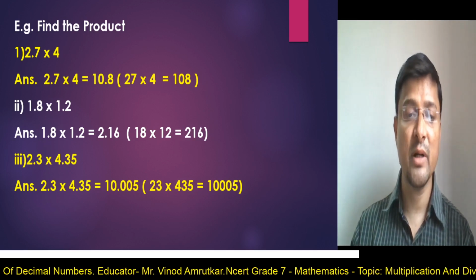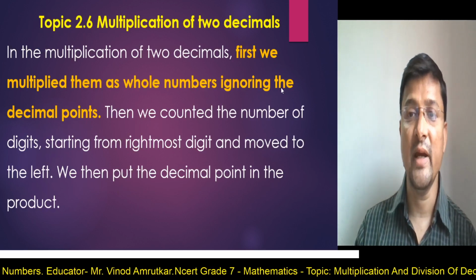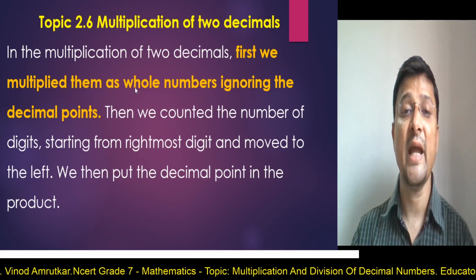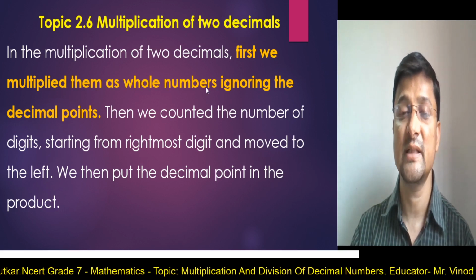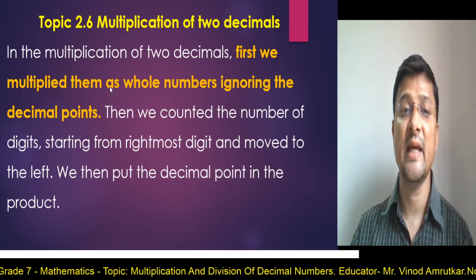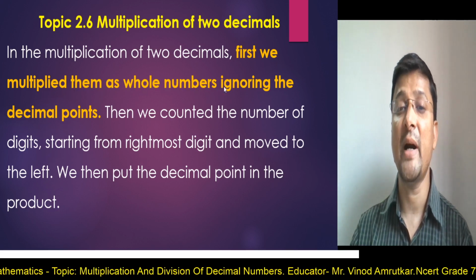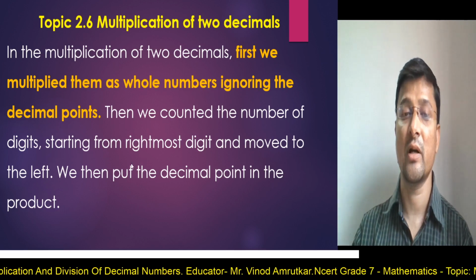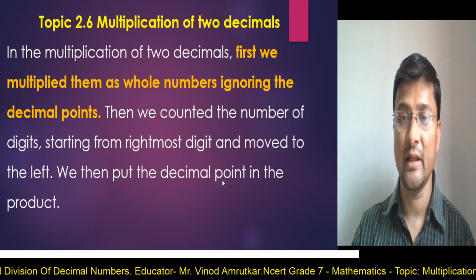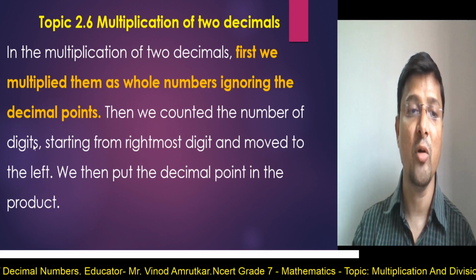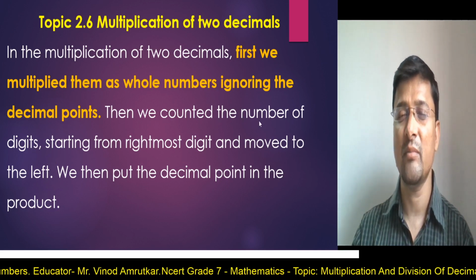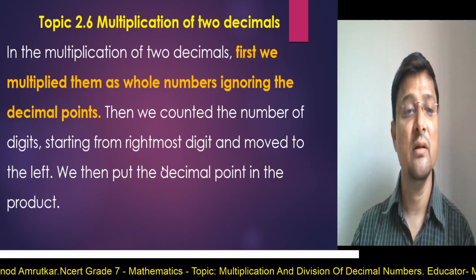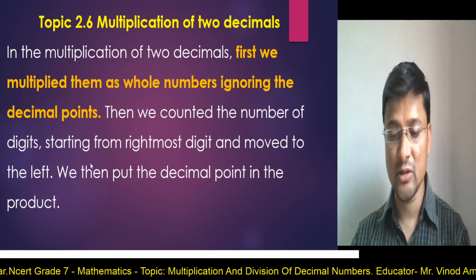Okay, so remember one rule. The rule is that when you multiply decimals, we multiply them as whole numbers. This is important. We multiply them as whole numbers by ignoring the decimal point, and then in the product we put the decimal point by counting the number of digits, starting from the right and going to the left. Okay, follow this rule to multiply